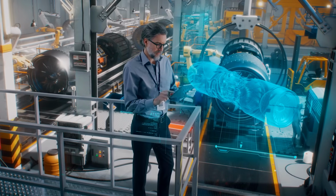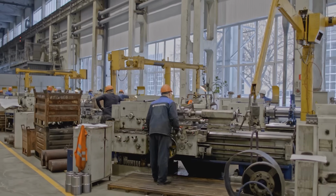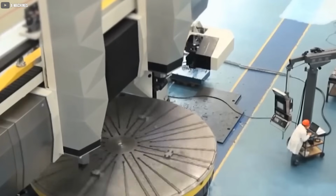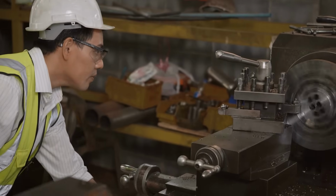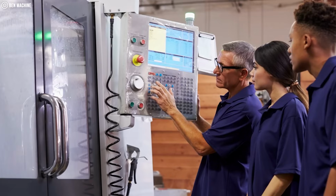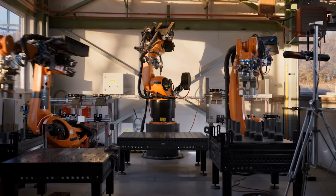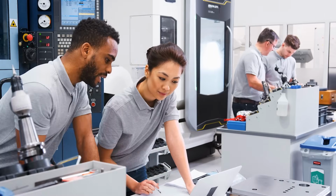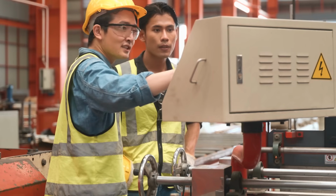Of course, no innovation is without its challenges. Critics argue that CNC machines are expensive to purchase and maintain, making them inaccessible for smaller manufacturers. There is also the issue of skilled labor operating these machines, which is not as simple as pushing a button. It requires training, expertise, and a deep understanding of engineering principles. Yet, China has turned these challenges into opportunities. By investing heavily in vocational training programs, the country is creating a workforce that is as skilled as the machines